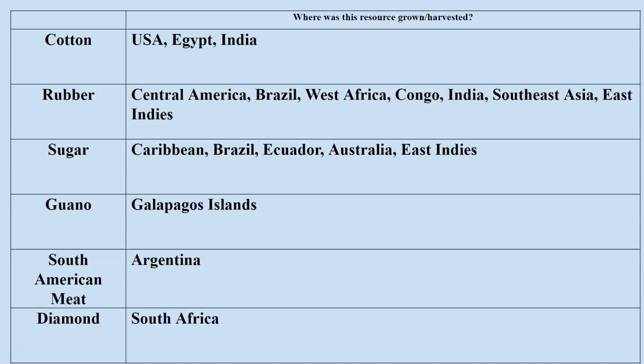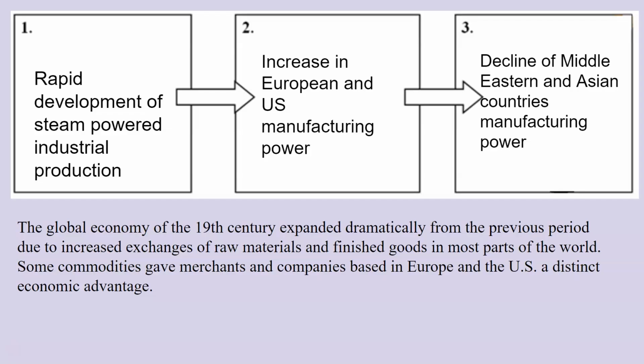And then diamonds come predominantly from South Africa, though there are some other places in Africa that produce them, and also in India. Okay, another flow chart, showing how one thing affects another. A lot of cause and effect here during the Industrial Revolution. Some ideas to keep in mind if we were to get an Industrial Revolution